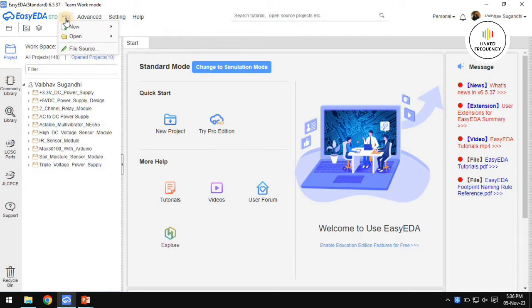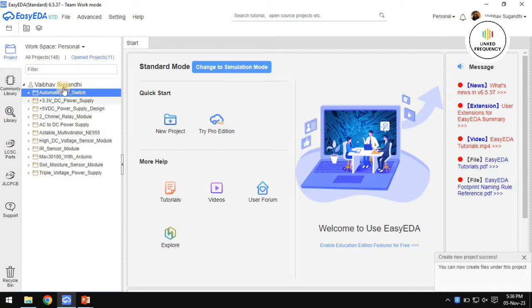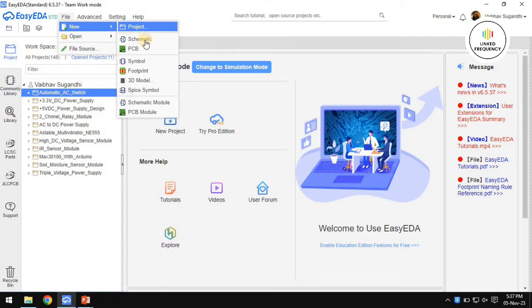First thing is, I'm going to file and create a new project, and I'll name this project automatic AC switch. I'll not give any description further now because it's quite simple to understand by looking at the title itself. So I'll click on save directly. Now we have our project created here, and now I'll go to the file once again and I'll create a